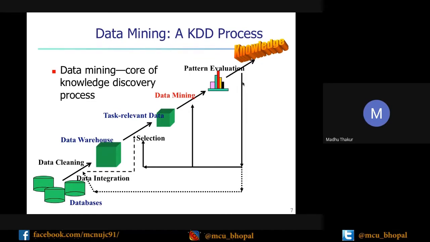So there are a number of measures you can use. If you talk about association rule mining, then support, lift and confidence are there. Similarly, if you are going for classification, then you have accuracy, recall and precision. If you talk about clustering, then you have the error forms, mean squared error or relative mean squared error. These kinds of error measures you can use for evaluation and to find the interesting rules.